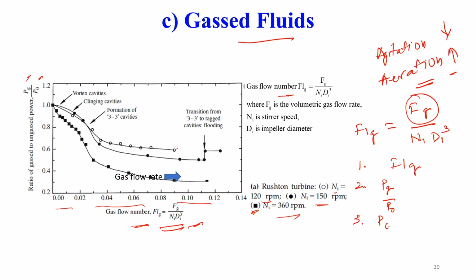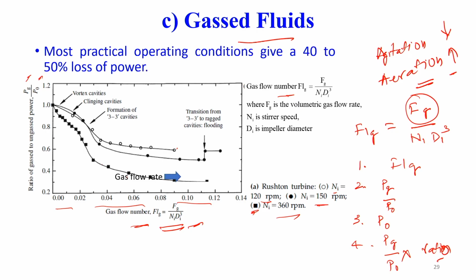have to calculate the P naught, and then the fourth step is you multiply Pg upon P naught into the ratio you are getting over here. So this is the power requirement for the stirrer or agitation. You can see this power requirement gives a 40 to 50% reduction in the agitation or stirrer power requirement,